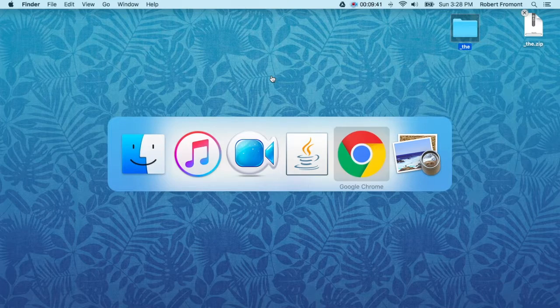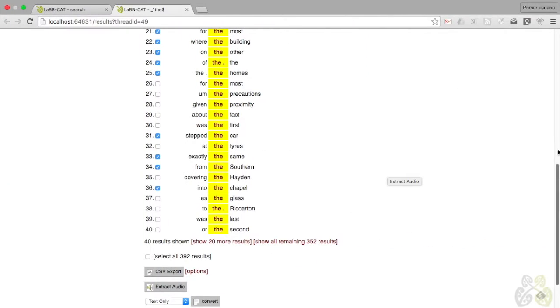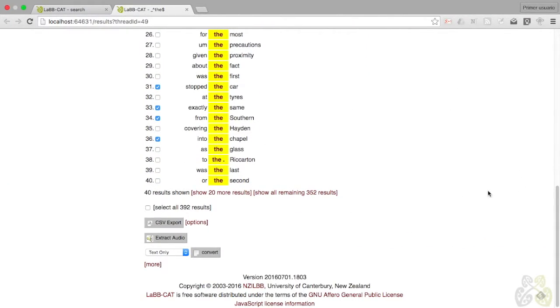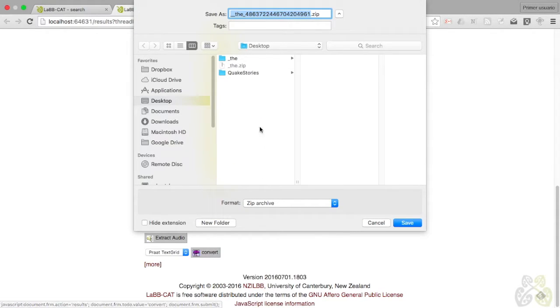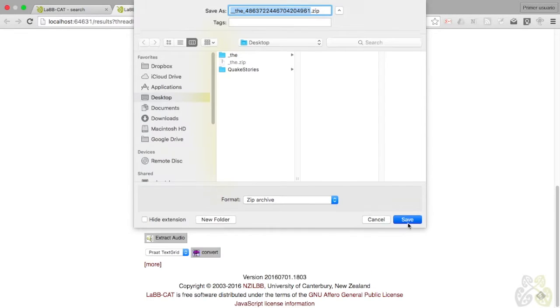Now if we go back to LaBB-CAT, we can have a look at the next option, which is to convert. We would like to convert this to Praat text grids. So we're going to click the convert button. And again, this will give us a zip file that includes a text grid file for each of the results that we have ticked. Save that